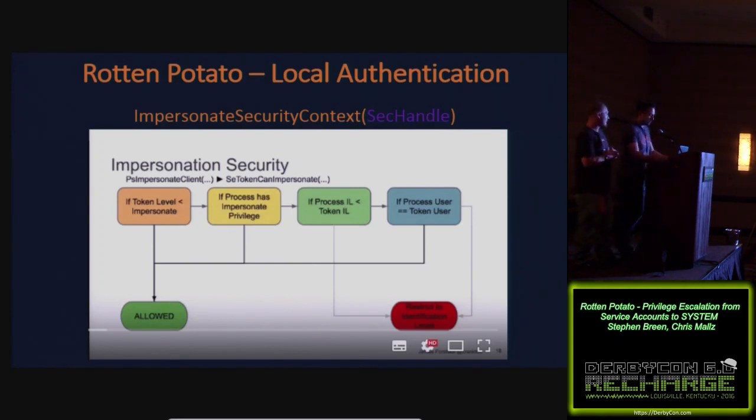What Forshaw did was he was looking for exploits in Windows drivers and Windows itself. And he was looking at, okay, if I have an identify token, are there any things that I can use this for that forget to check the security level of tokens, because there are different levels to these tokens.